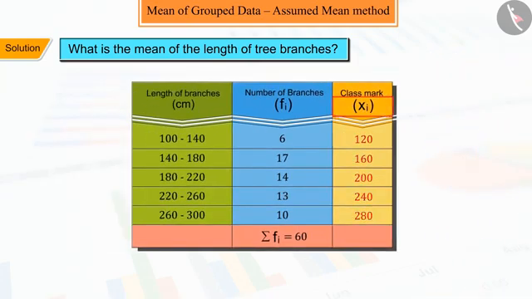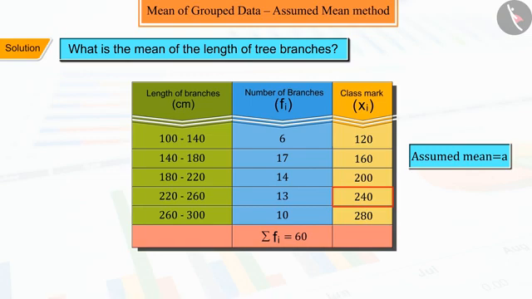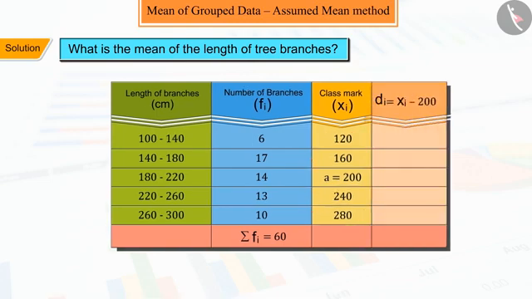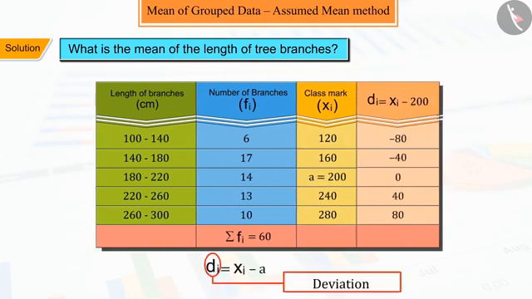So, from the xi obtained, any one of the xi can be chosen as the assumed mean, which we represent by a. But to further simplify our calculation, we can take an assumed mean a from xi, which comes somewhere between x1, x2 and xn. Hence, from the table we choose a equals 200, where we find the difference di between a and each xi and find the deviation of xi from a,